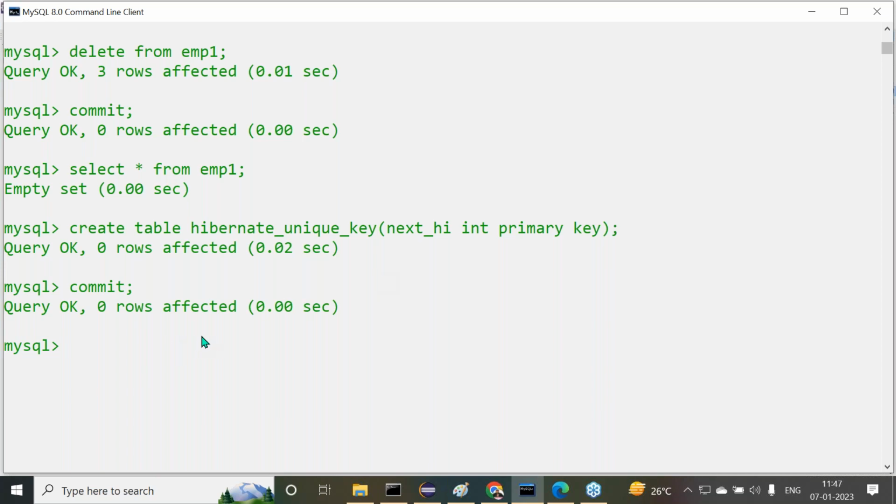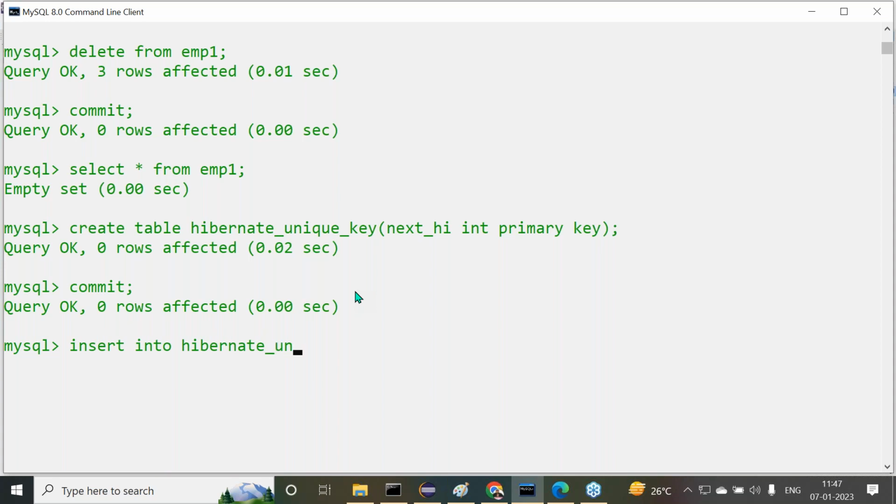Then here we have to check that the table is created. But anyway, initially, if you want to provide some value here, we can provide some value. We need to provide that initial value, of course. Insert into